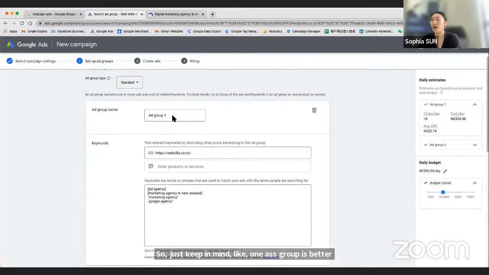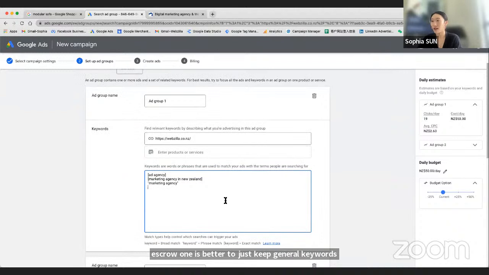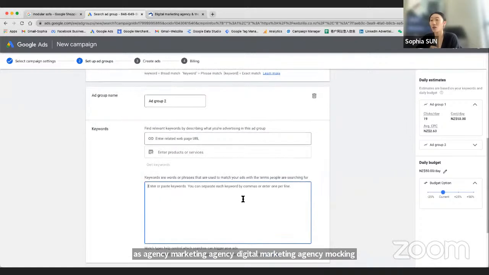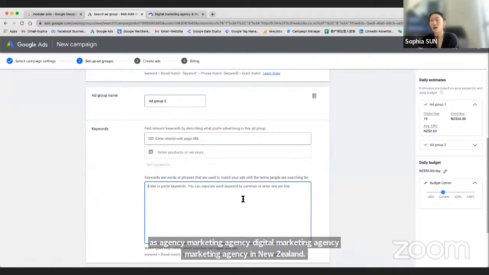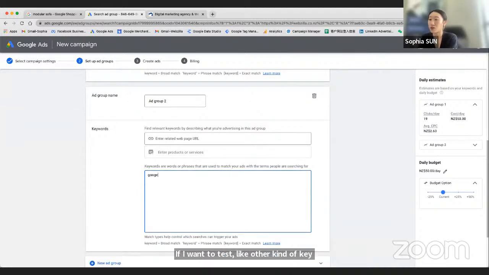For example, if I do ad group 1, it's better to just keep general keywords like ads agency, marketing agency, digital marketing agency in New Zealand. And if I want to test other kinds of keywords like Google Ads agency or Facebook Ads agency or Chinese social